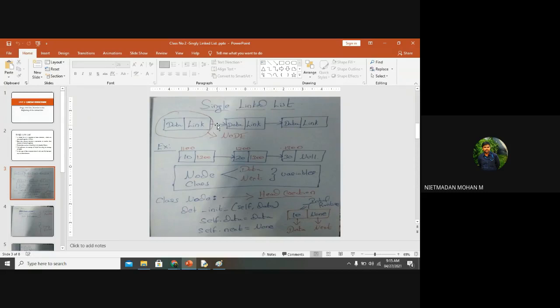For the first thing, I have created a class called node. In that class, I am going to get the first data. That is, if I am giving an input as 10, 20, and 30, the 10 is the first data. So the first data will be coming over to the class node. At that initial point, the data will be stored as 10, and the next data I have not given as of now, so it will be none. So the list has been created. The linked list has not been created.